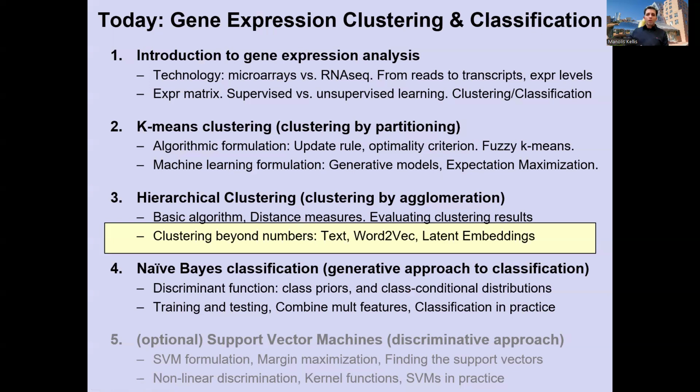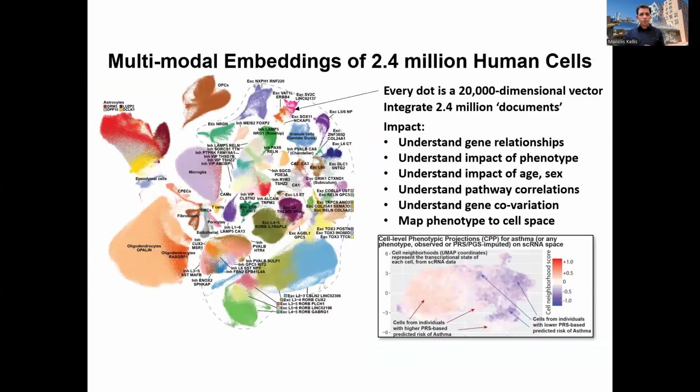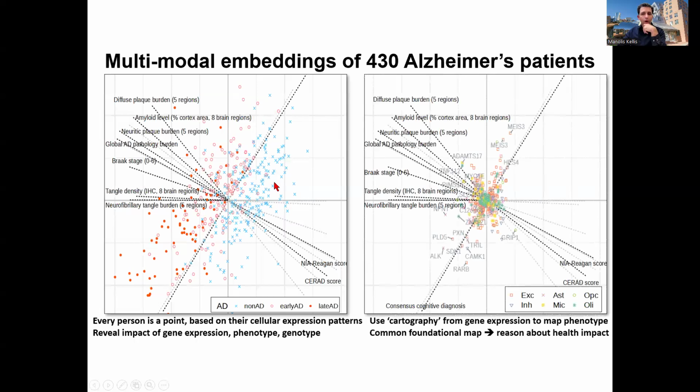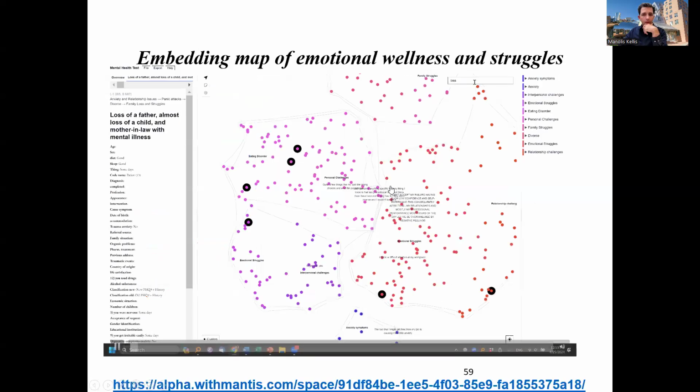Okay. So I want to make a small parenthesis here because we are in 2024 and people think of clustering of points with numbers, but you can actually cluster things beyond just points. Here is, of course, clustering of numbers. So basically this is 2.4 million cells clustered according to their expression patterns. This is now patients clustered together, but you can actually start clustering text.